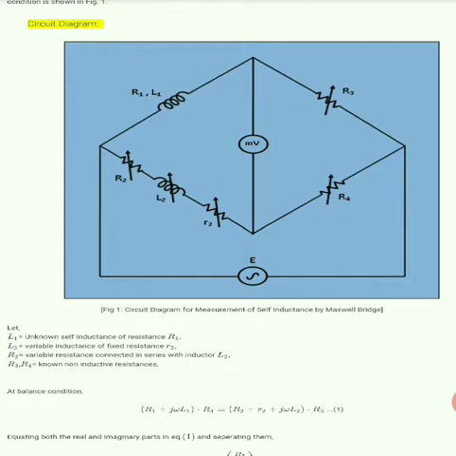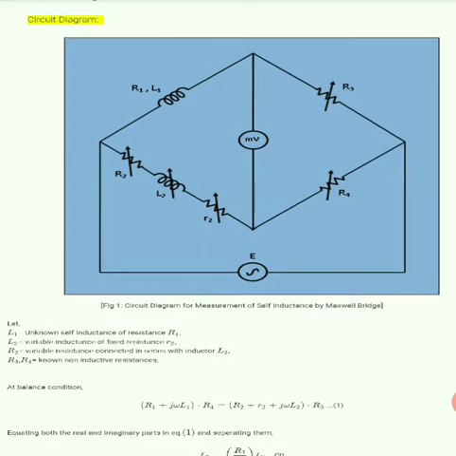It is the modified form of Wheatstone bridge. This type of bridge circuit is used to measure the unknown inductance value of the circuit by comparing it with a standard value of self-inductance. Two arms of the bridge circuit contain known non-inductive resistance. Another arm contains variable inductance with a fixed resistor in series, and another arm contains unknown inductance in series with a resistor. The AC voltage source and a null detector are connected across the junctions of the circuit.